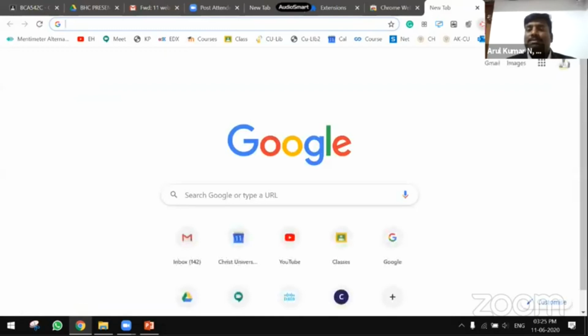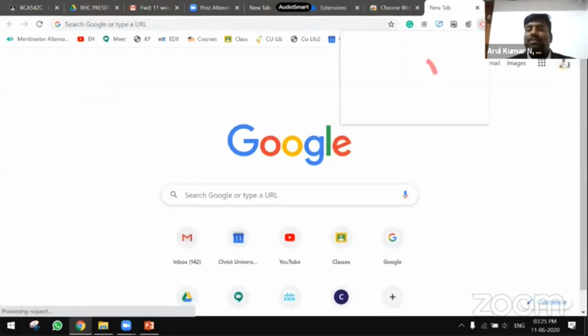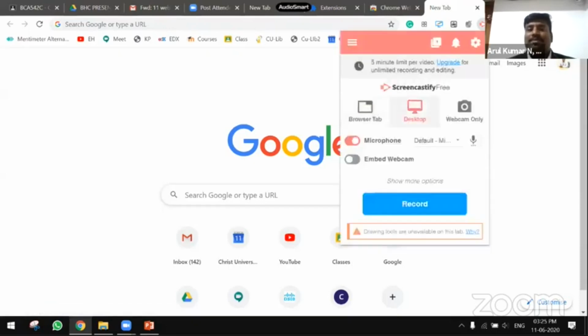The moment I press it, it will open online. It is an extension in Chrome itself. As you can see, I can record the browser tab, the entire desktop, or the webcam. I can even embed the webcam also. So here I'm not using any additional software. I'm simply using my browser to record my webcam and also the entire screen.